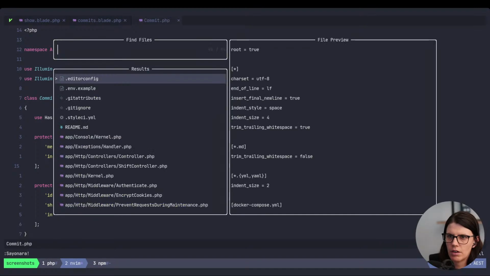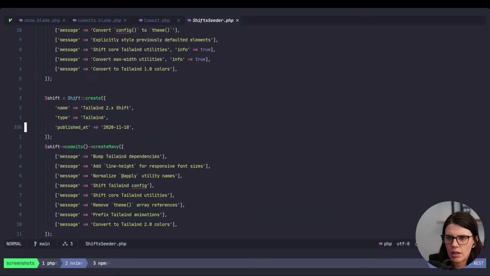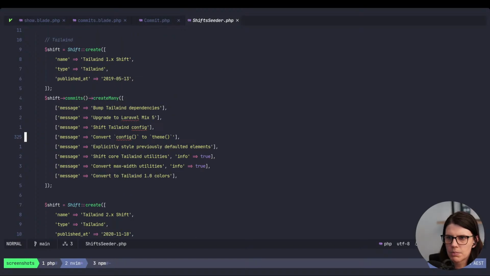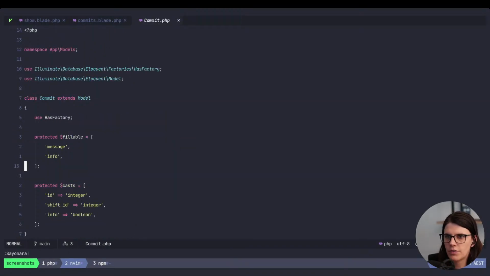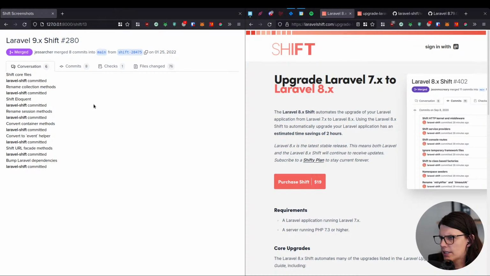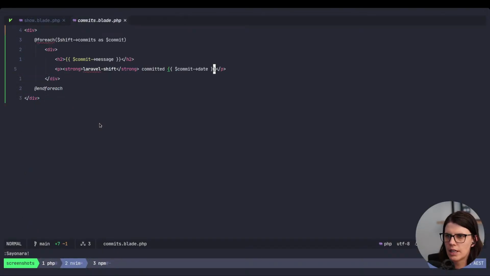So if I look at the seeder, let's just jump into the Shift seeder. So we're creating the commits. So we're not giving them a specific date. We'll probably use the date of the Shift. Yeah, that'll make sense. Oh, actually, no. Forget all of that. It really should just be a relative time. We don't want to have a hard-coded date on it. So if we came into this and said committed